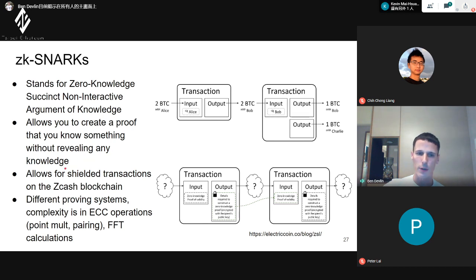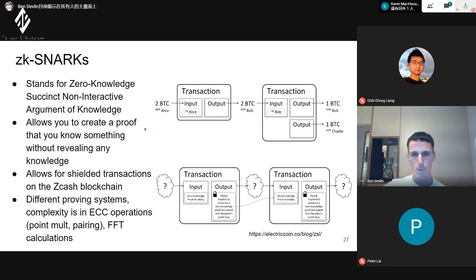And so this is very important for privacy, right? You need to prove that you are able to spend some money, or you're able to sign some transaction, but you don't want to reveal who you're sending it to, or how much you're sending, or even who you are. And the non-interactive part means that there's no back and forth. You just provide this proof that anyone can verify is correct without actually getting the knowledge.